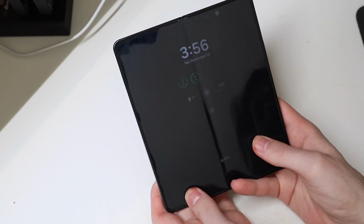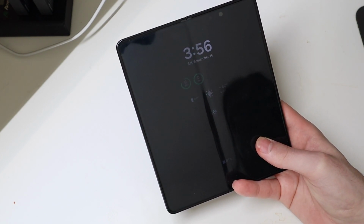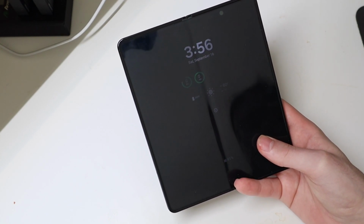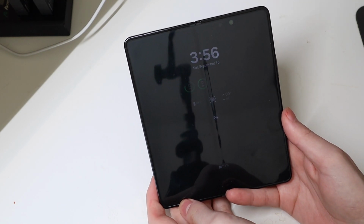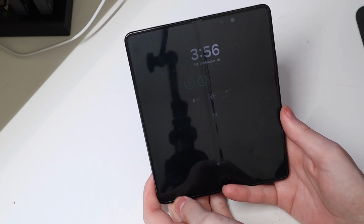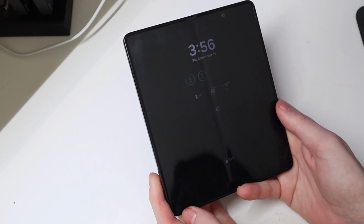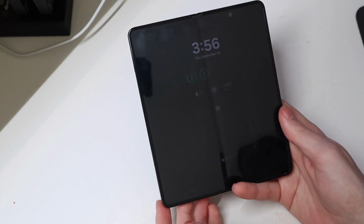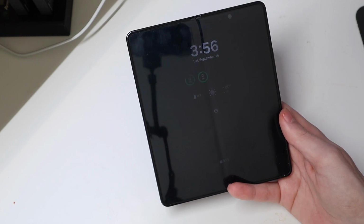And like I said, the screen protector has been on there since shortly after launch. I did take the original off to review another one, and then I put the Whitestone Dome back on after that. Of course, I obviously bought another one. I didn't put the same one back on because that wouldn't really work out, but here's what it's looking like. No peeling, no bubbling, no issues in the crease right here,